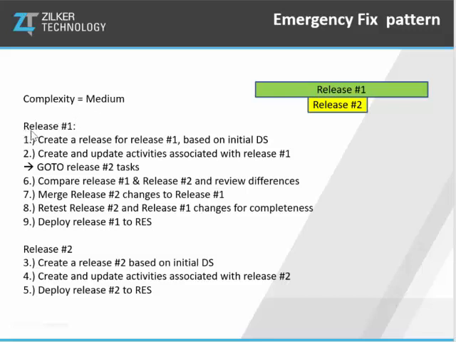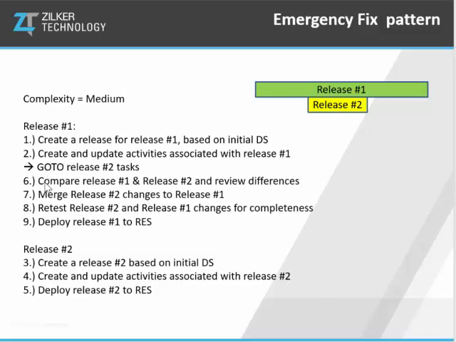the steps. So from a release 1 perspective, we create the release, we build all the change activities and verification activities the same way we would do with just a serial release, but then we have an interruption. We go to the release 2 tasks, which simply say that we create release 2 based on the initial release, create all of the change activities associated with release 2, and then deploy release 2 to the rule execution server. So in that respect, release 2 almost takes the place of release 1, and then you go back to release